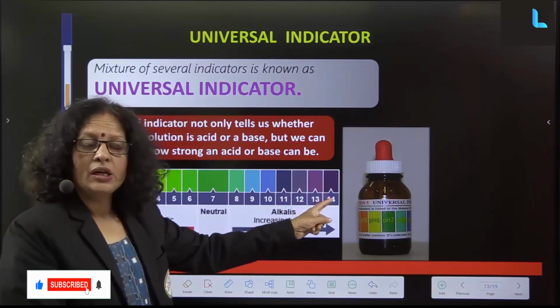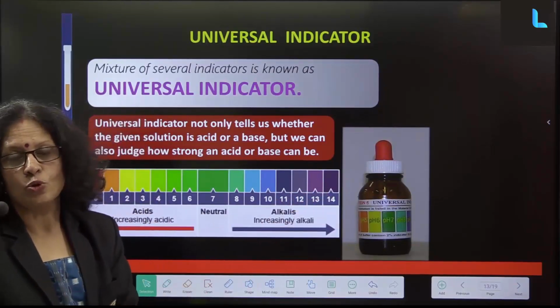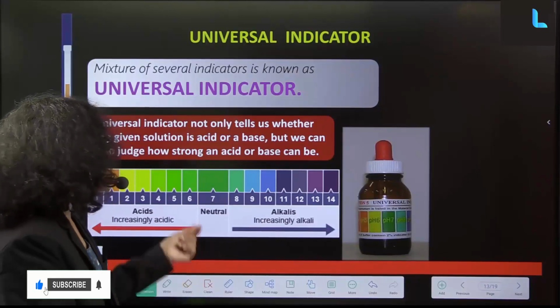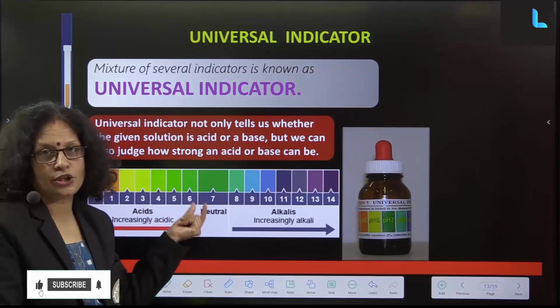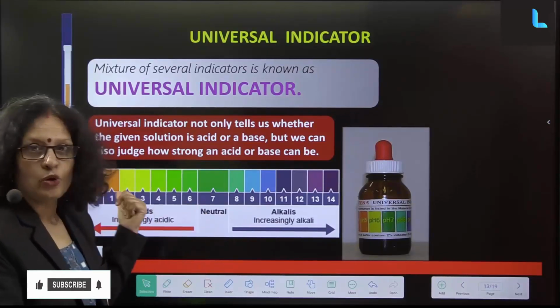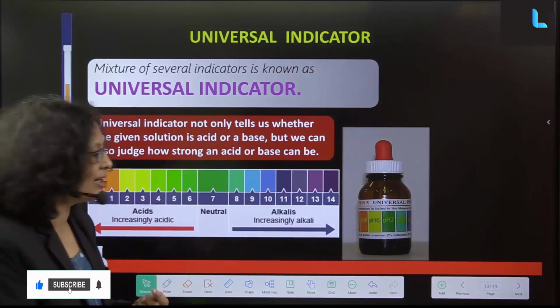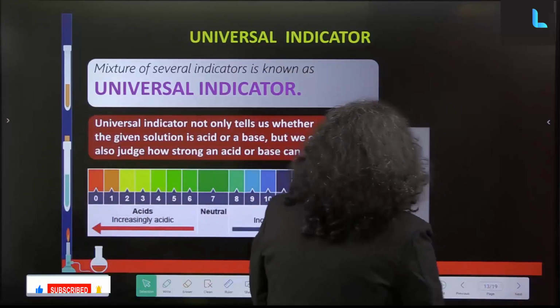If the color is purple, it means pH close to 14, so a very strong base. If the color is close to greenish, it means it is weakly acidic or weakly basic. If the color is yellow, it means a very strong acid, something like that. Okay, then